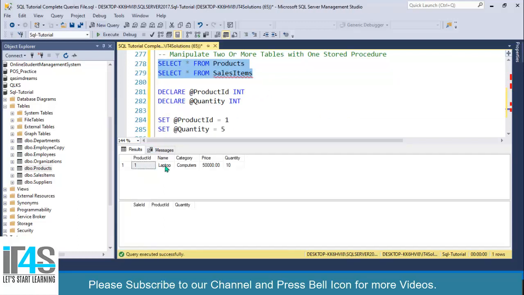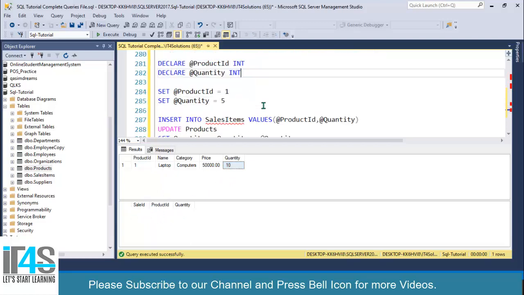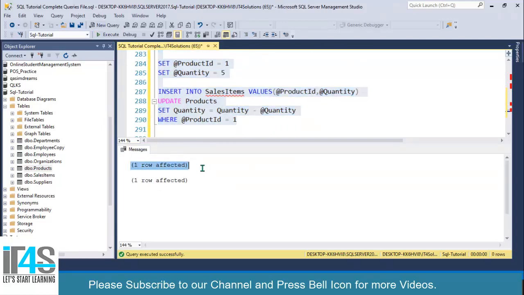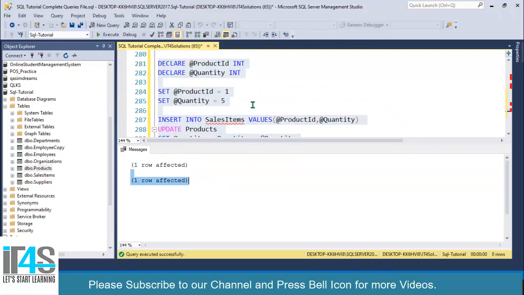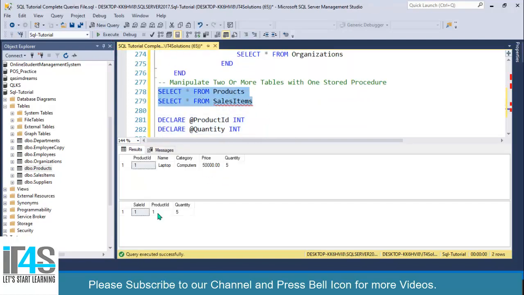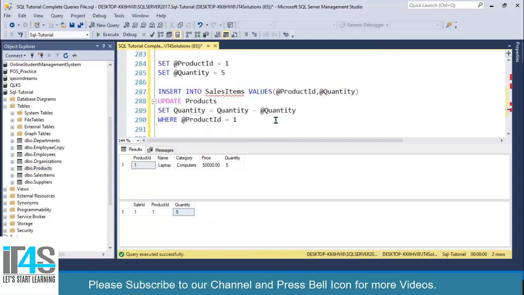Before executing this, let's make sure what we have in our tables. Look at this, we have one laptop of quantity 50 and we don't have any sales items over here. Now I will execute this one. Look at this, one row affected and one row affected. Now select again. We have a new sale inserted into sales item and its selling quantity is 5 as we defined.